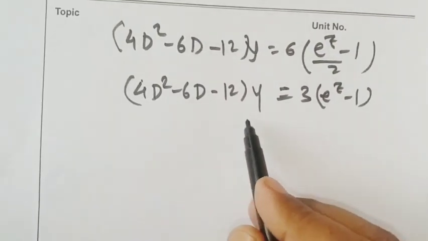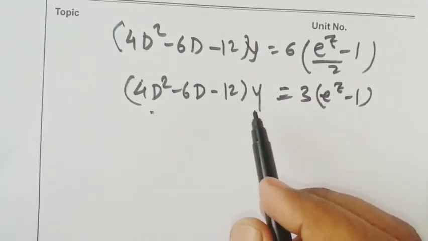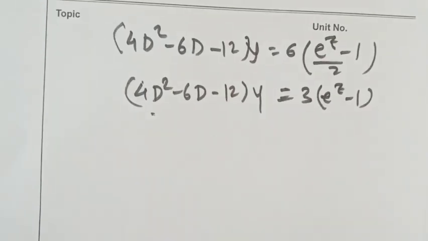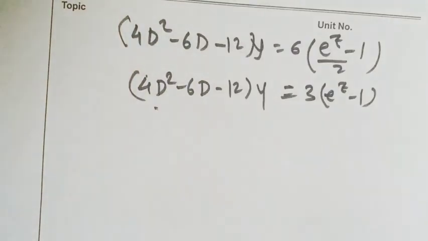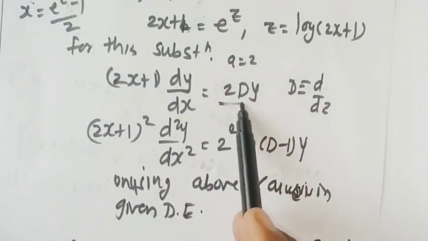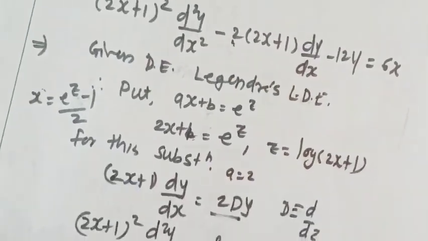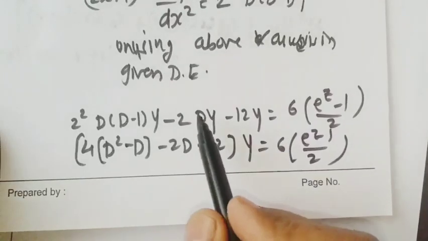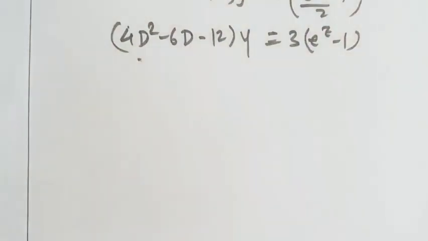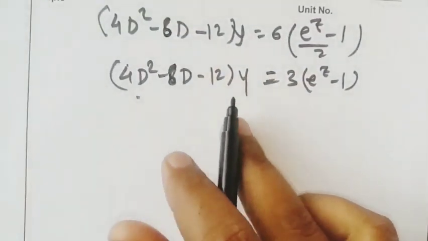So we need to solve this differential equation further. I think one term remained here, 2Dy. We need to replace this by 2Dy, and in the problem 2 is also there, so 2 into 2, actually this will become 4Dy. So here we'll have 4D, and because of that here it will be 8D. Now we can divide this by 4.